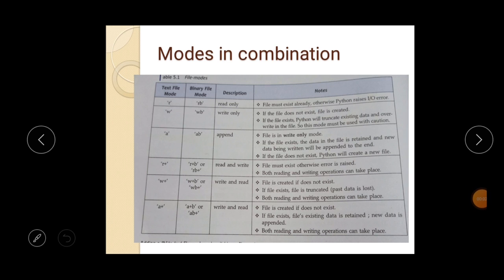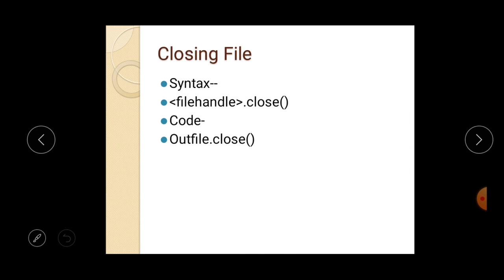After performing the reading or writing or appending operation, it is important to close the file also. If you don't close your file, then some abrupt function may damage your file. So it is better to close your file before exiting the program. Means when you want to finish the program or the work on the file is finished, then you need to close the file.